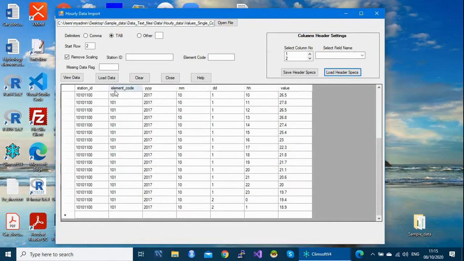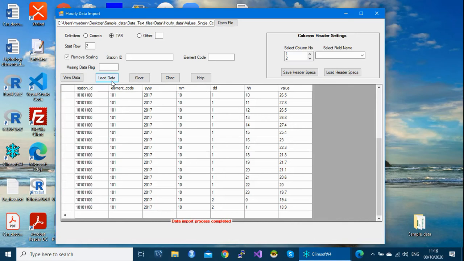So let's proceed. Load data. As I said, the system is loading your data and it's very fast depending on the speed of your computer. So apparently there is no error and it has done. So data import process completed. So how to check if your data were really imported?